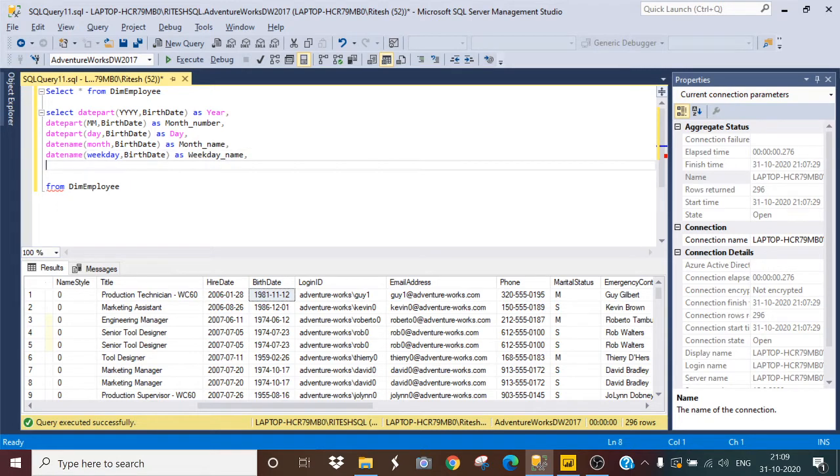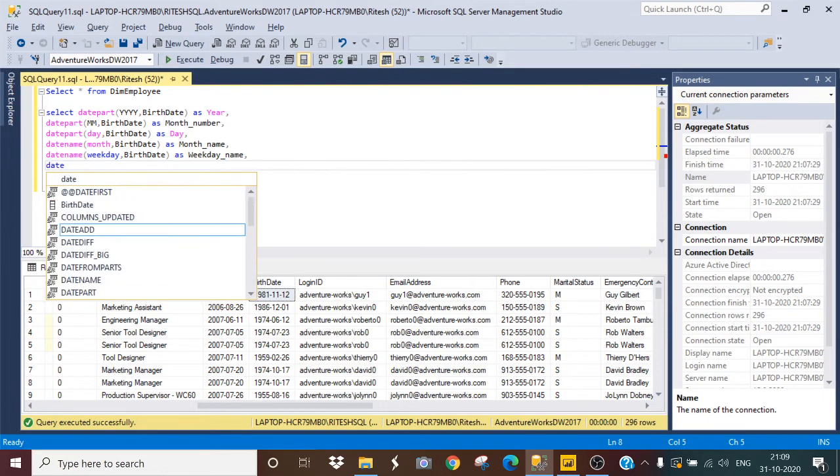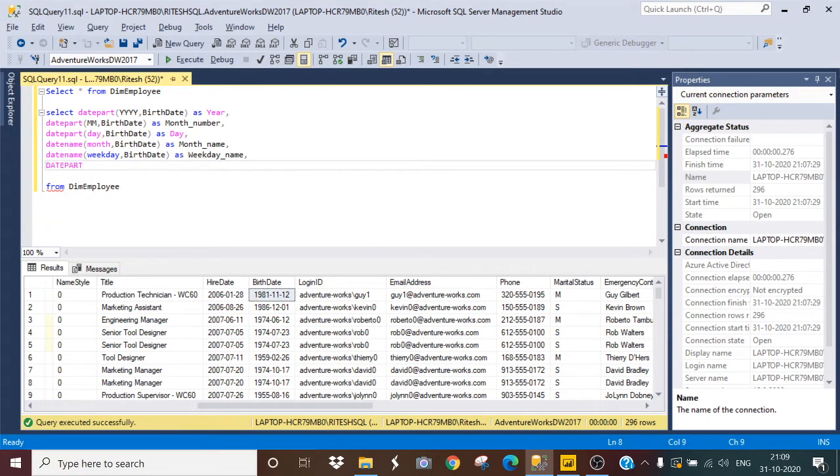Now I also want the weekday number, so it will be date part, and it will be weekday comma the name of the column which is birth date, as weekday underscore number. So let me execute this command.